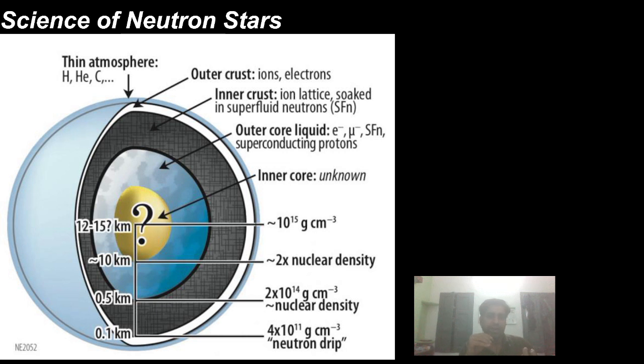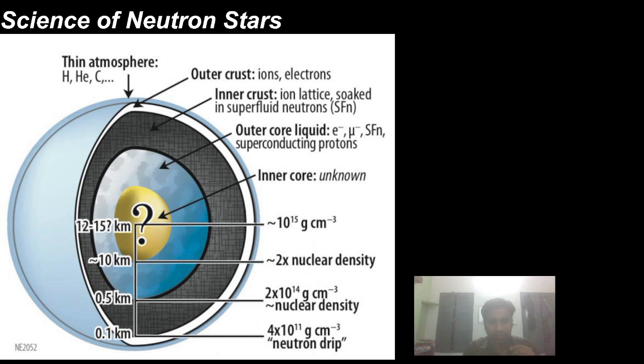Means, as you might have heard, neutron, proton, and electron are called hadrons, and these are made up of quarks. And quarks are particles which appear only in confined entities. So it is believed that in the core of a neutron star, the density is so high that the neutron is also decomposed into its constituent particles, means quarks.